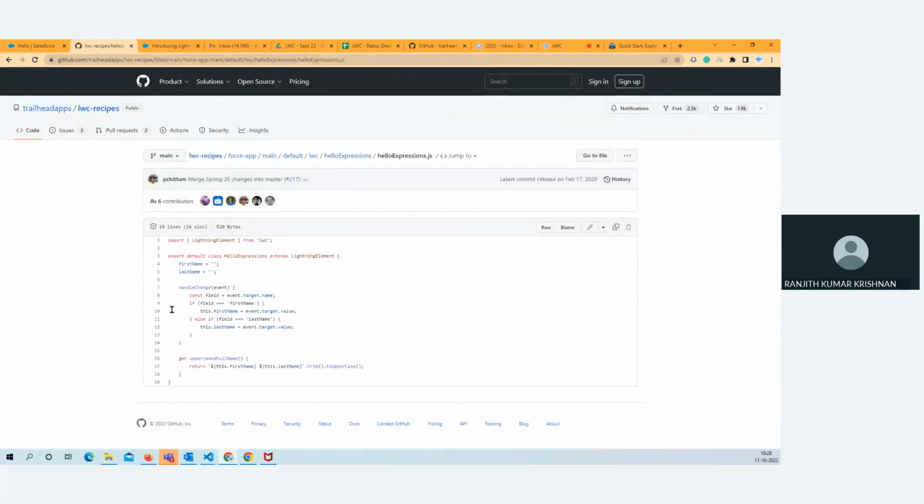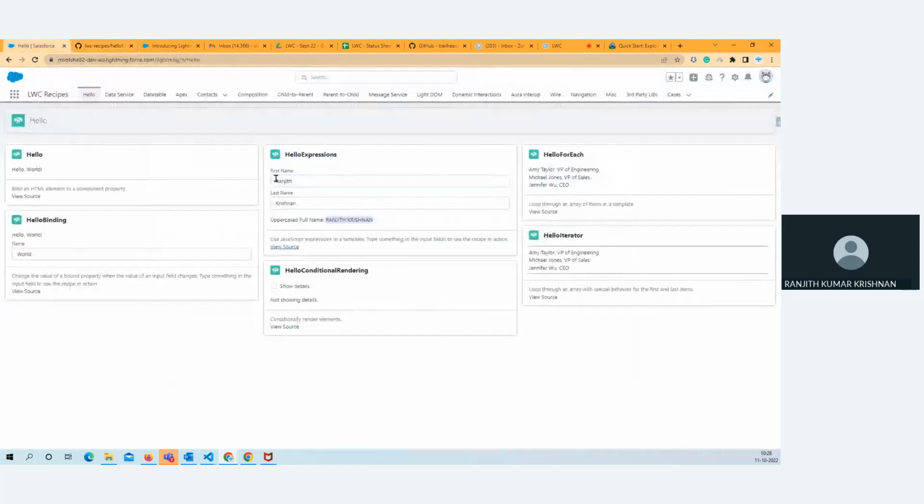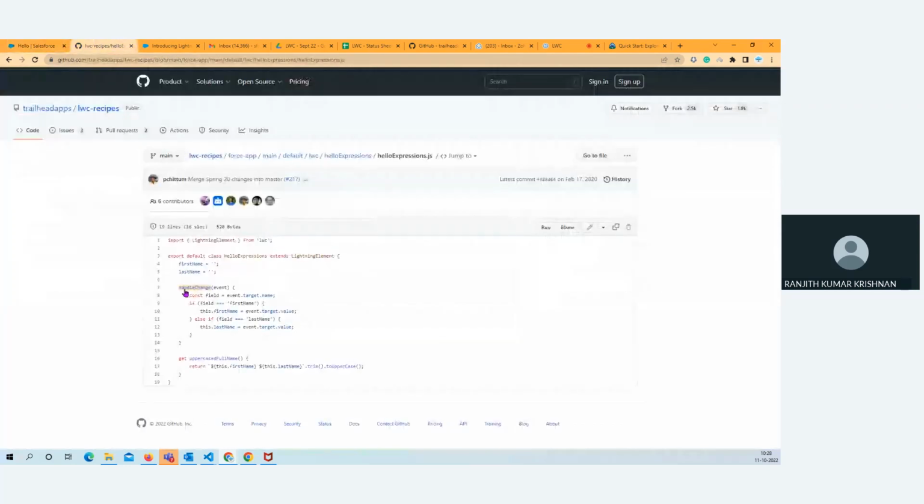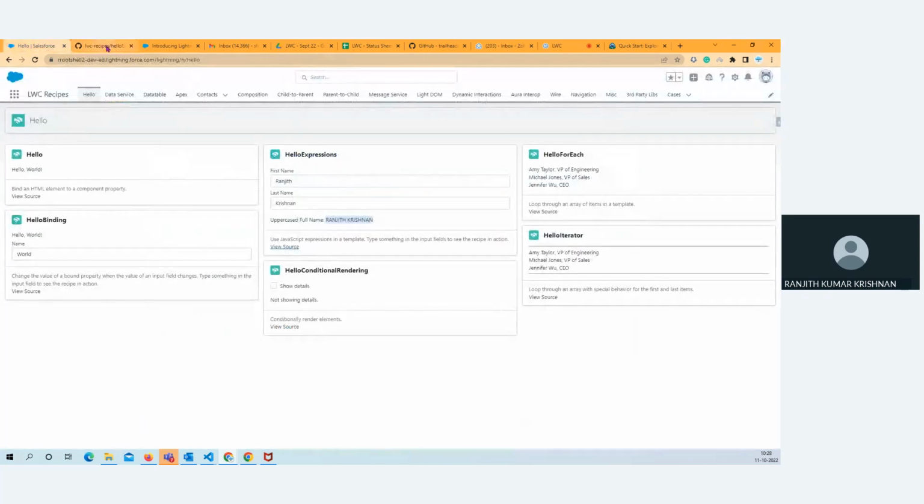In JS, both the inputs, first name and last name, are invoking the handleChange JS function, right? So they get the value and check whether the user enters anything in the first name input box or last name input box. So see here, event.target.name, what are they actually referring to? They're referring to the attribute